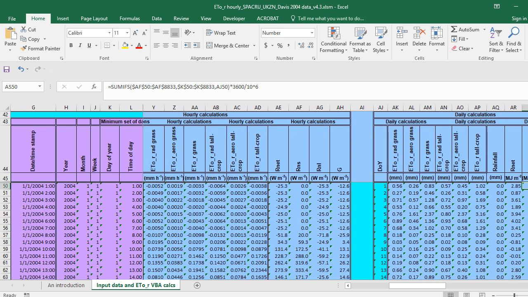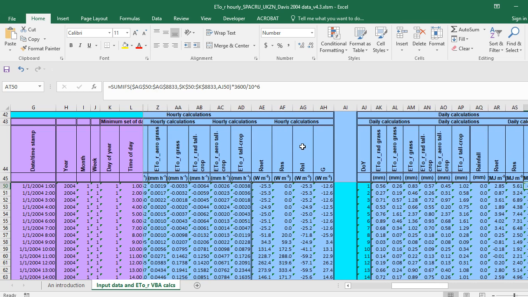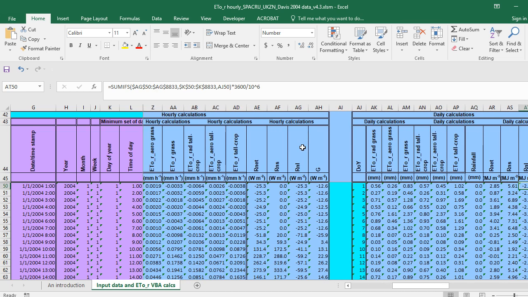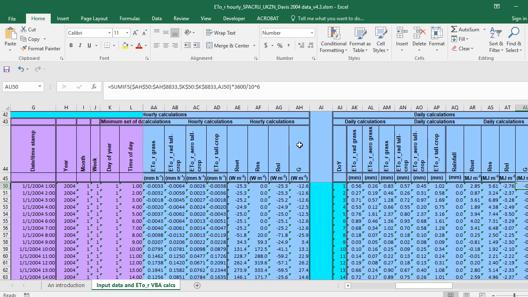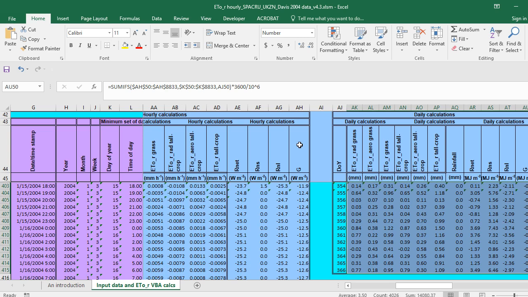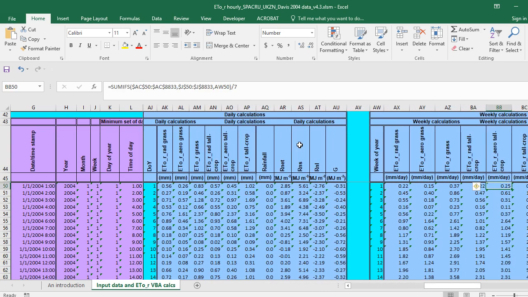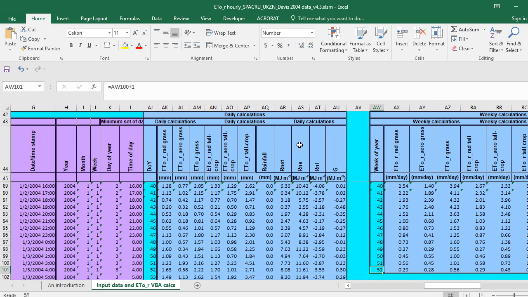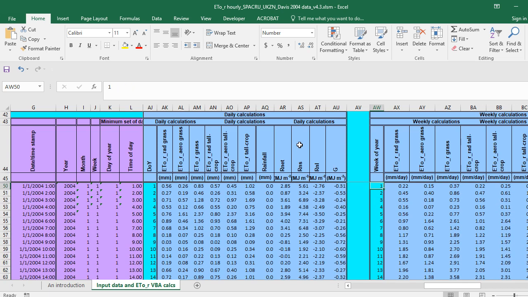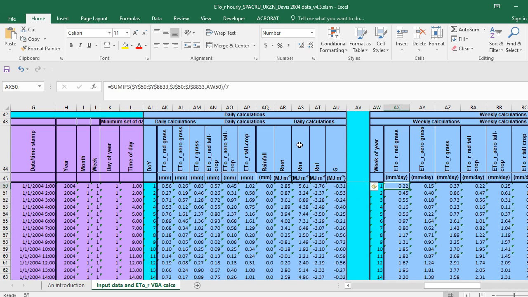Copy that one across to AF for net solar, AG for net infrared, and AH for soil heat flux. Copy those cells downward to get the totals for each day of the year. To do it for monthly, we would create 1 to 12, weekly, we would create 1 to 52 and go through the same procedure,